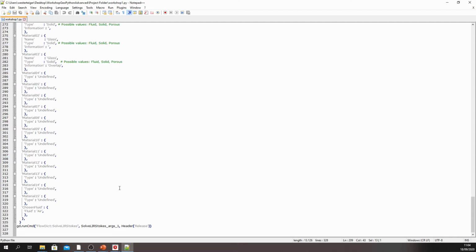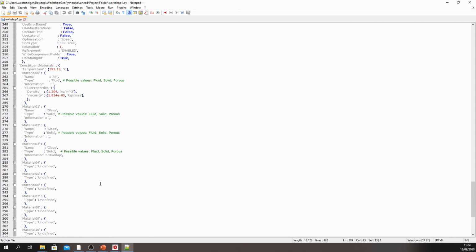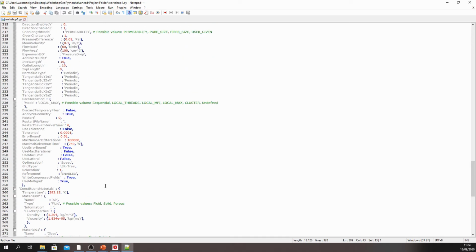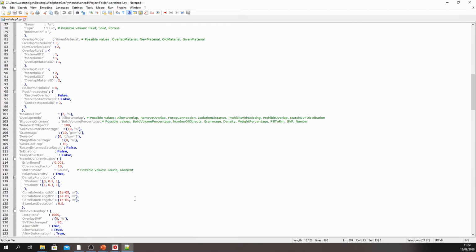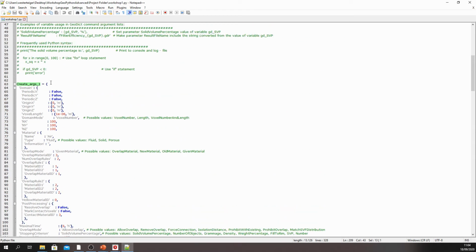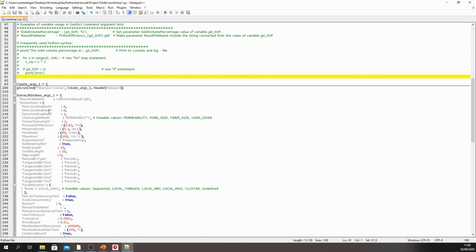Now, one important feature of Notepad++ is, and this is the main reason why we suggest installing it, that you can actually fold away these huge dictionaries. So what this means is, if you see the minus sign in front of the create_args1, if you click that, all of this will be folded down to a single line. You see that these lines still exist because the line numbering jumps from 63 to 209, but all these lines are just omitted from the display.